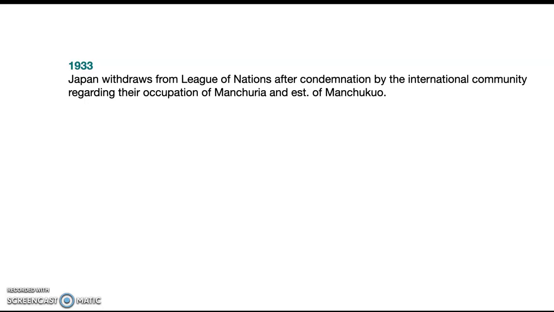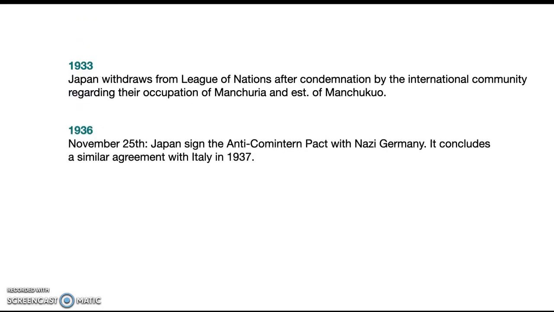In 1933, Japan withdraws from the League of Nations after condemnation by the international community regarding their occupation of Manchuria and establishment of Manchukuo. In 1936, November 25th, Japan signed the Anti-Comintern Pact with Nazi Germany, and it concludes with a similar agreement in